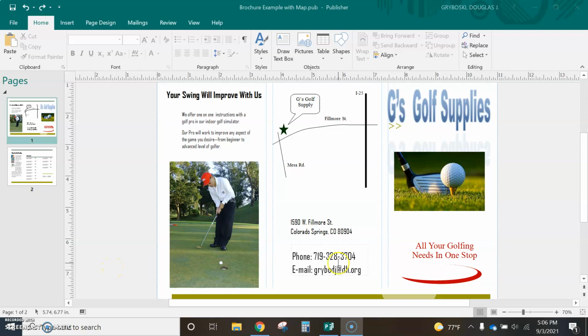Okay, one of the requirements in your brochure is to make a map on the middle section, middle pane of this first page, which ends up being the back page. It's the back of the brochure. And the requirement is that you don't just copy or crop a map or use the snippet tool to crop a map out there using some mapping tool online. I want you guys to draw the lines and the star where your location is